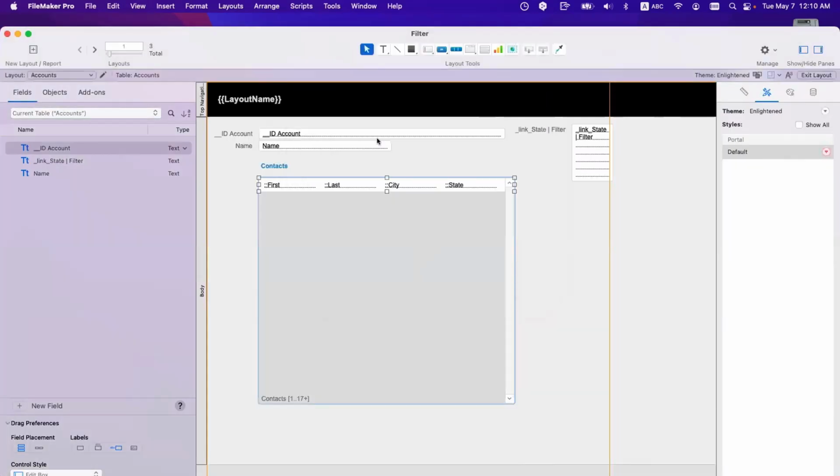The filter will load all the related records. So if you have 1.2 million or 2 million related records, or 200,000 or 100,000, and you use the filter,